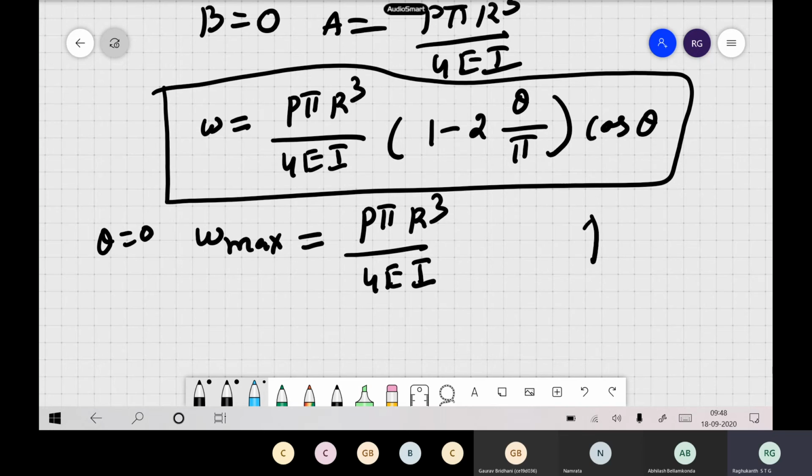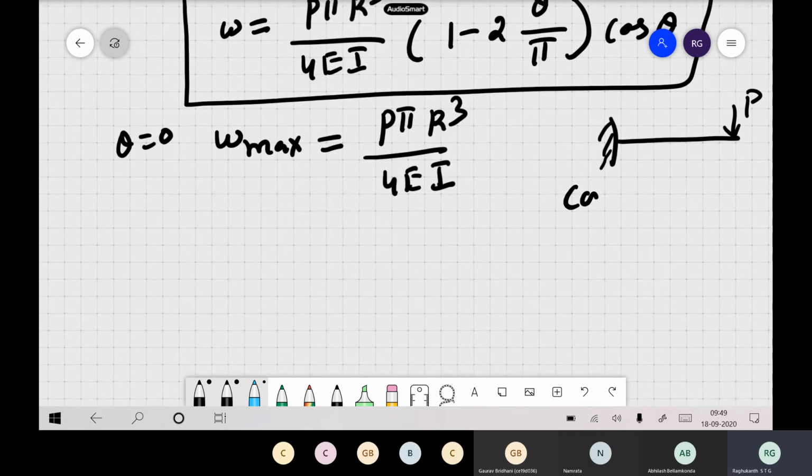So you can compare this with a cantilever if you are interested. Okay, so how much will be the deflection? How much will be the slope, you followed, right? And as already I told you, when R tends to infinity, so when R becomes very, very large, this has to collapse to the cantilever problem or other problems, whatever you have studied in your UG. So the bar becomes this one. So you can just compare, you can try. Okay. So this way you can solve several problems, you followed, right.